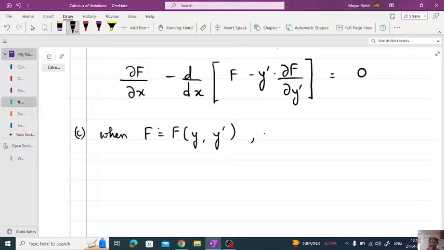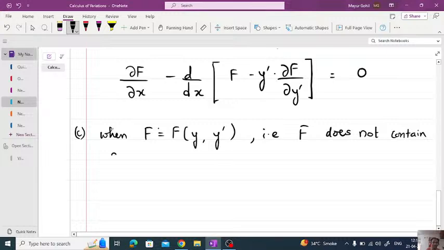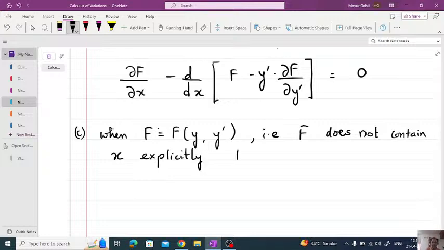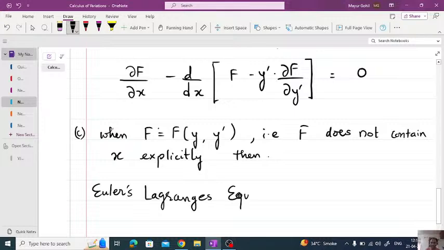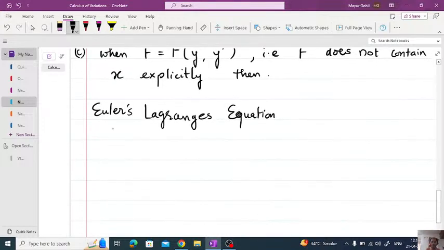Okay, that is, f does not contain x explicitly, then the Euler-Lagrange equation is of the form